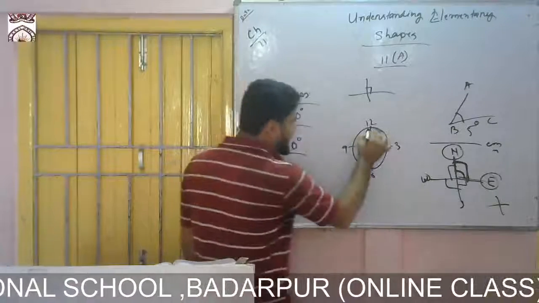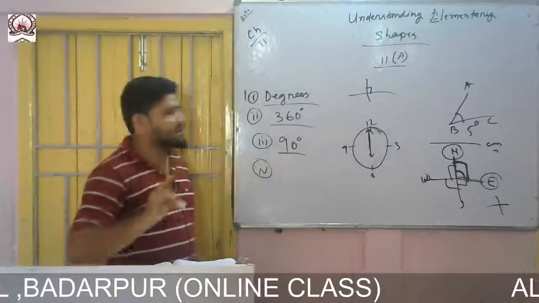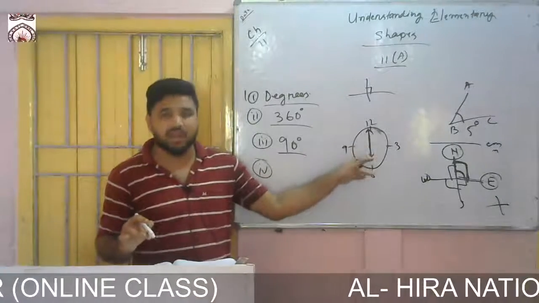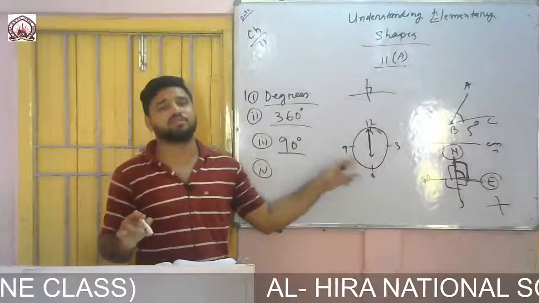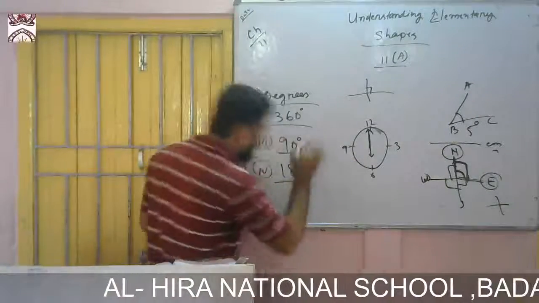and the minute hand will be at 12. Since it is a straight line, you can say that it is a straight angle. A straight angle measures 180 degrees. These things we have known earlier. 180 degrees.